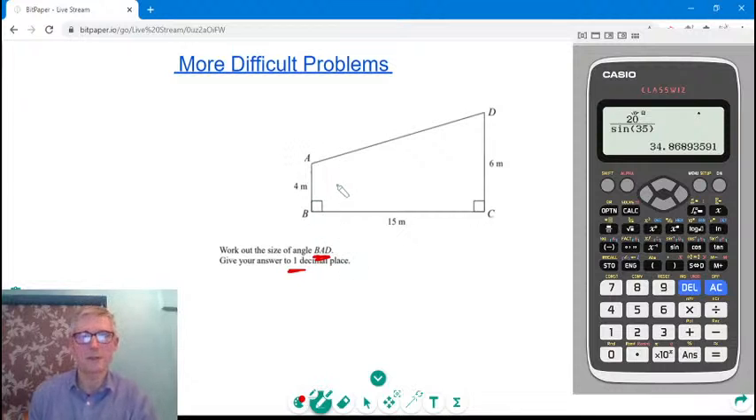So BAD is looking for this angle here, where the middle letter is where the angle is. So it's there, and that's what we're looking for. But if we're going to do it using trigonometry, we need to try and create a right angled triangle. Now I can do that by drawing a line across here,